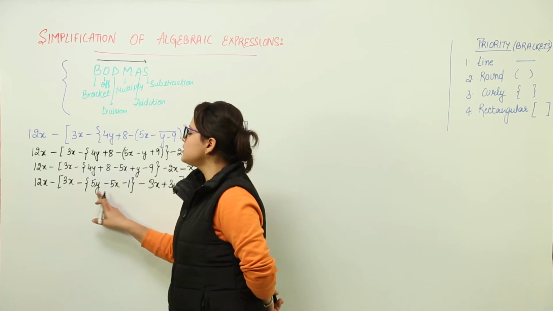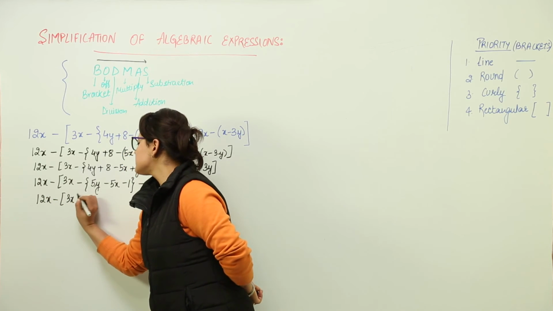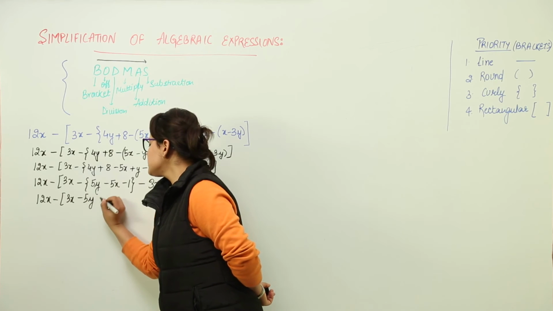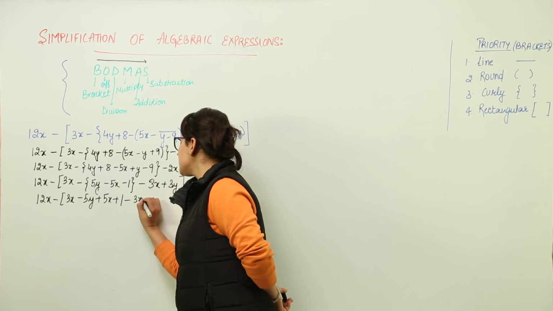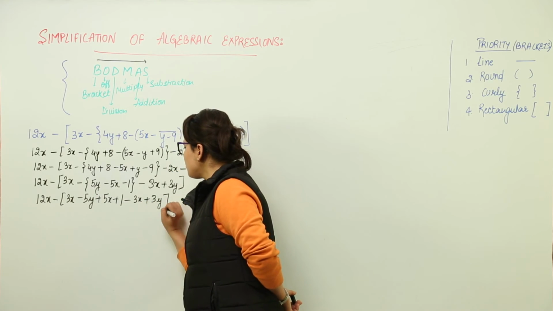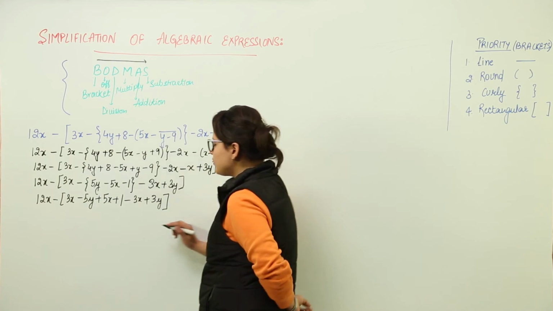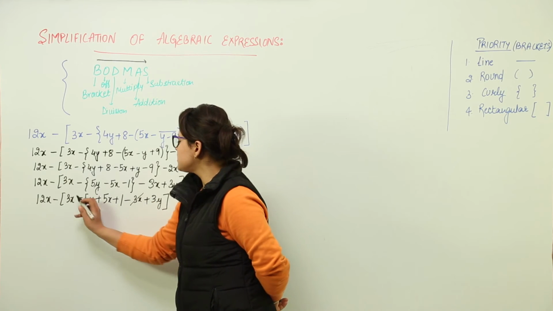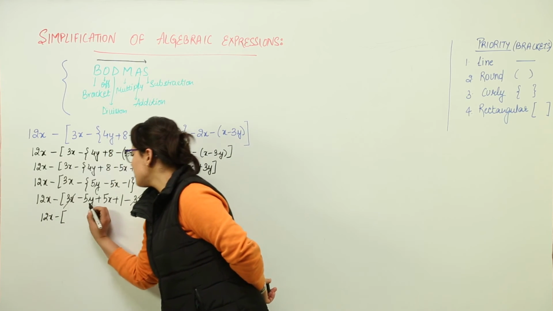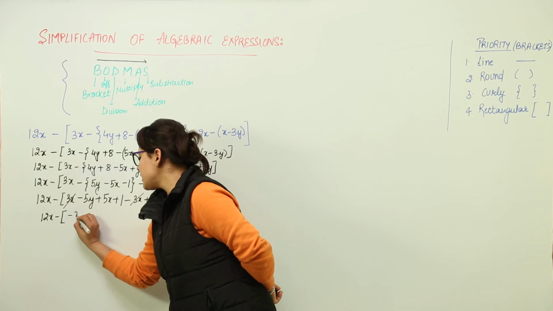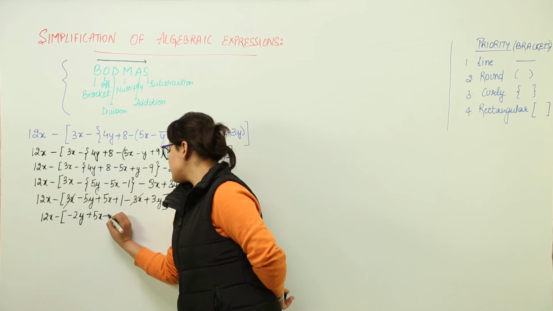So now we have to open the curly bracket. For that we'll start 12x minus 3x. Now minus 5y minus minus plus 5x and minus minus plus 1 minus 3x plus 3y. We have got rid of our curly bracket. Now we have to solve only the square brackets. For that we can simplify the terms. Minus 3x and plus 3x get cancelled. So we get 12x minus 5y plus 3y. We get minus 2y, plus 5x remains as it is, and the last one that we have is plus 1 only.